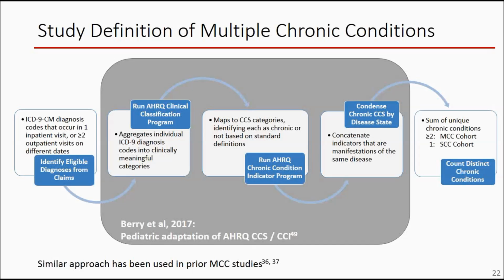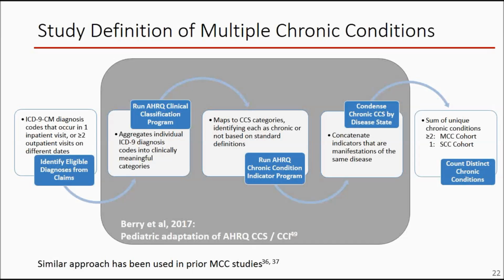As far as variables of interest, I have 2 ways I'm defining exposure in this population. Multiple chronic conditions versus a single chronic condition. And then I'm also using chronic condition clusters, a categorical variable based on the profile of conditions that they have. Descriptive variables include demographics and access to care. These are more proxies of access than actual access. And then measures of healthcare utilization around continuity of care, prescription medication use, number and type of encounters, cost of paid claims, and the distribution of provider types that the children are seeing.